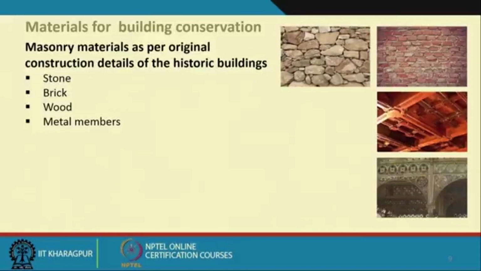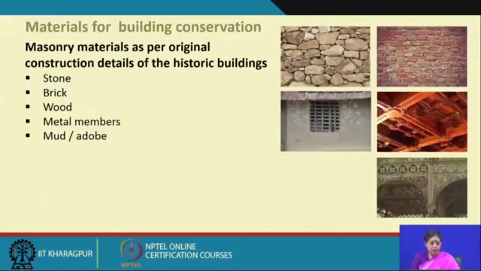Sometimes it can be used for some of the smaller details or ornamentation. So, metal members is another one. And adobe, if you remember, Shamoli is an adobe structure, and in many African countries and others there are a lot of adobe structures. There are high-rise adobe structures. It has its own properties, its own way to decay or one way to resist the decay. It's a traditional knowledge. So, this modern adobe also is another type of material which is used for the superstructure,